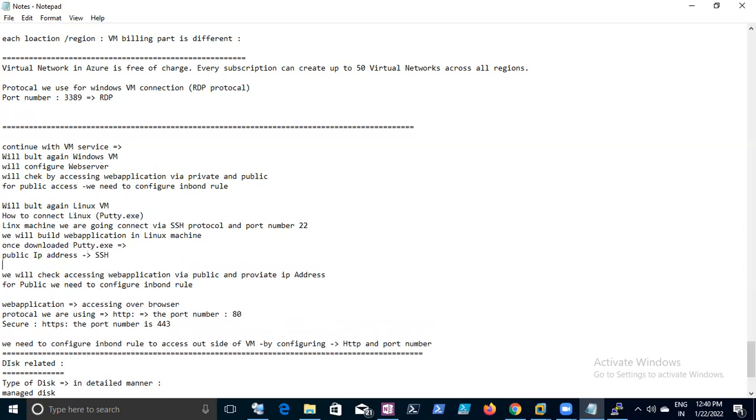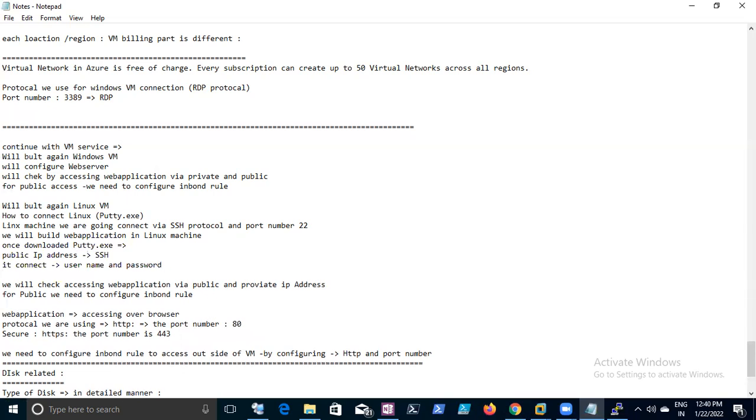Then it will connect, and give the username and password, right? Then you need to configure the